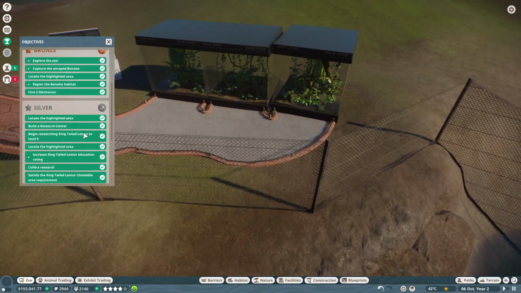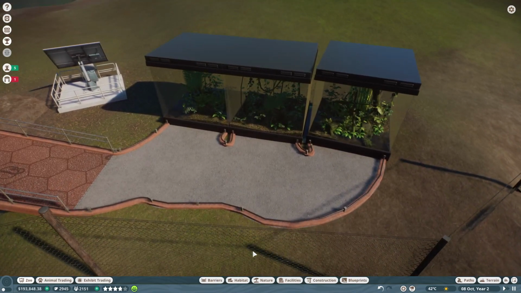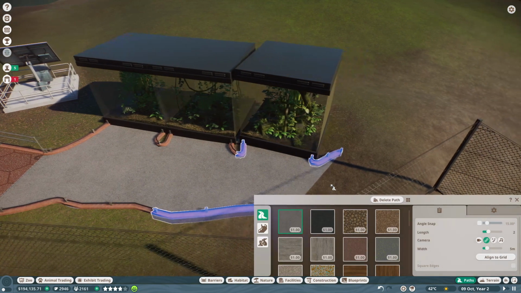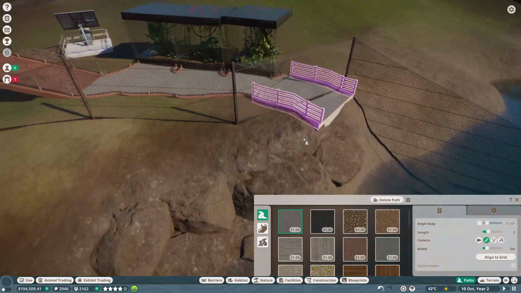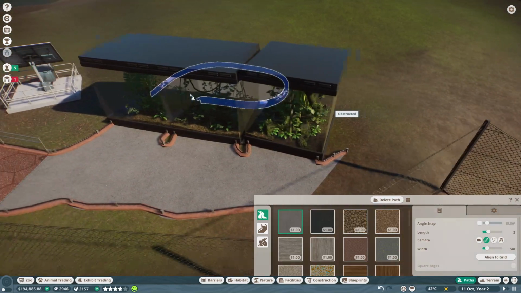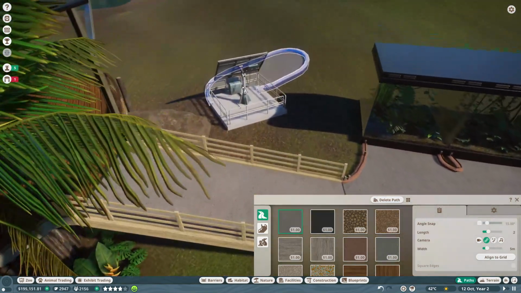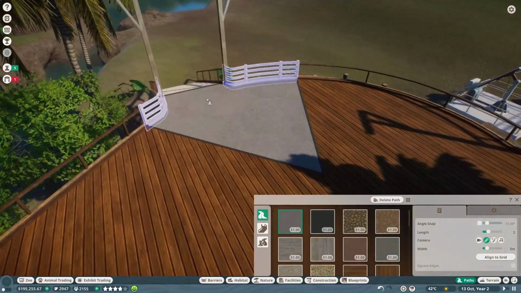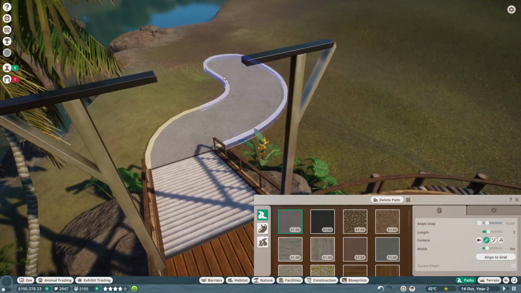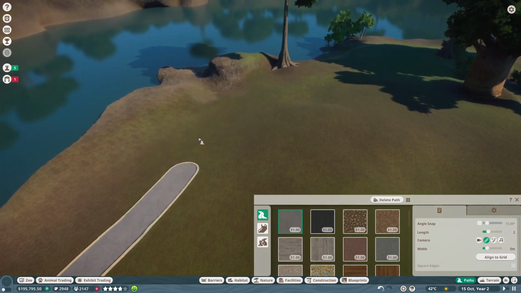How are we doing here? Are we... 11? I thought... Oh, we must already had that. Ooh. Oh, I thought it was gonna let me build. Oh, here we go, here we go. This isn't gonna be pretty, but...